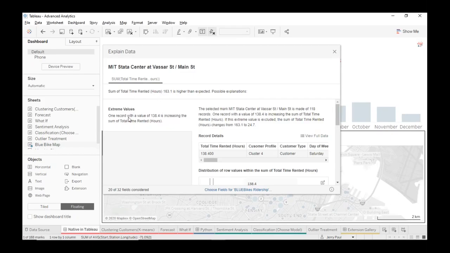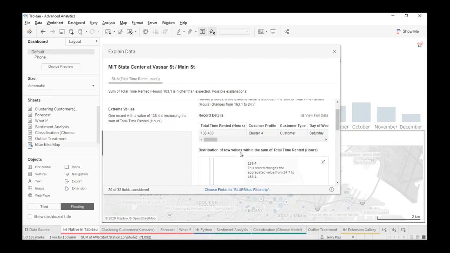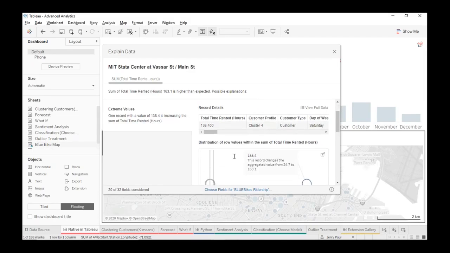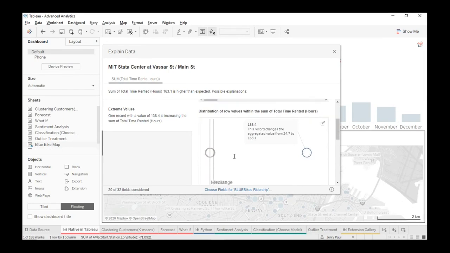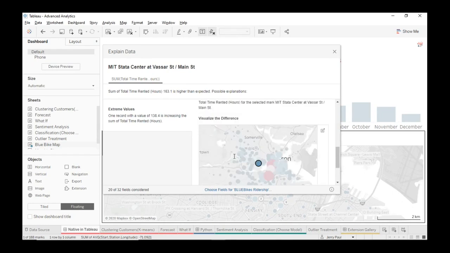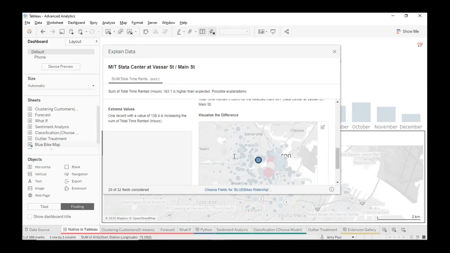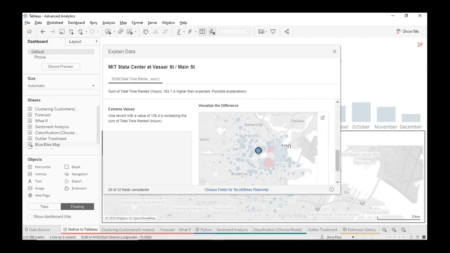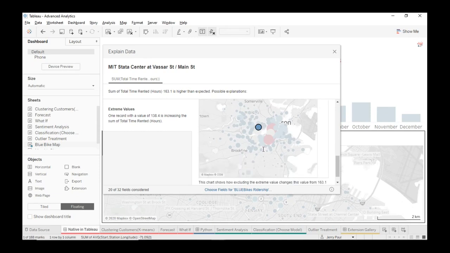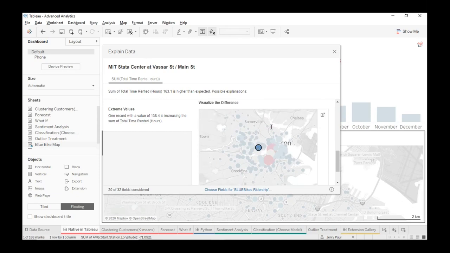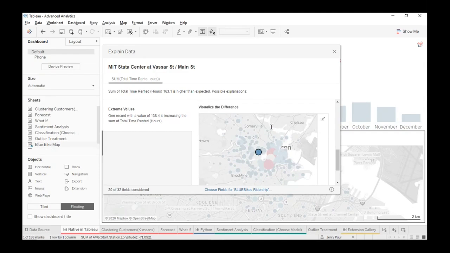Now, here it says that there is an extreme value, which in turn implies that there are many customers coming in during that time of the month at that particular station. This could be useful, because this leads on to asking more questions, which could be taken up by the other teams also, right? I could even visualize the difference here. If I were to throw that station out, I could try to see which are the other stations which are